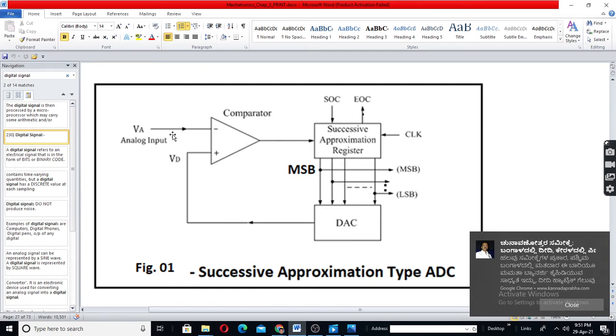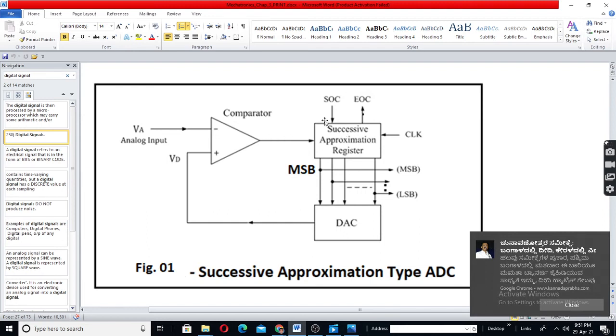Say this is 2.3 volt. Now first, when you give this pulse, output will become 100. First, this will make this MSB as 1 and rest everything as 0. So here you will get 4 volt because 8 volt is reference. MSB 1 means 4 volt you will get. This is 2.3, this is 4. So output will be high.